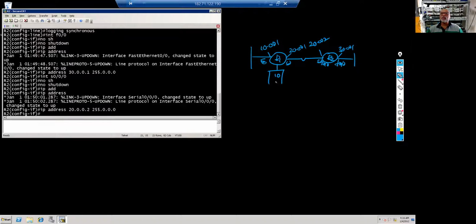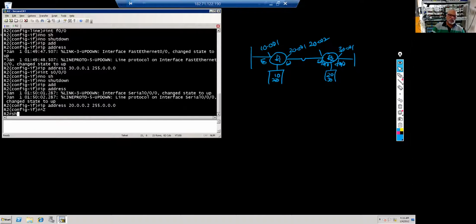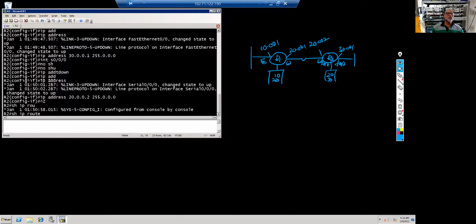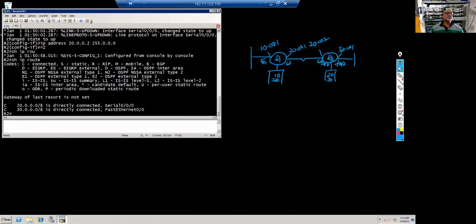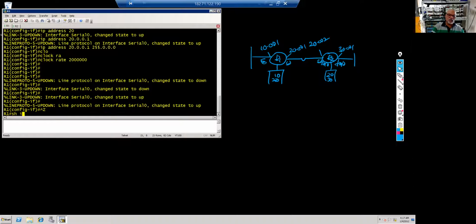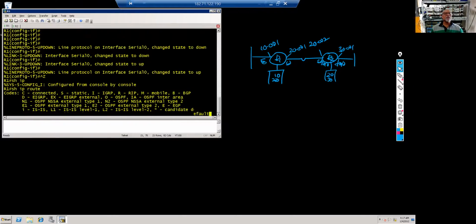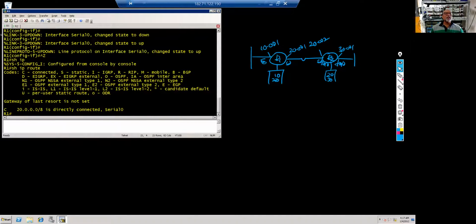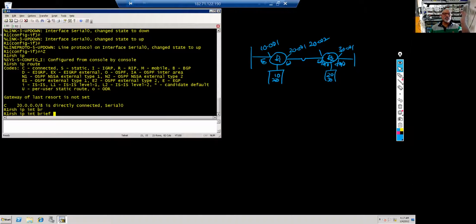This router knows 10 and 20. This one knows 20 and 30. That is the first step. Now, if you see here, show IP route, beautiful. If I see here, show IP route. Perfect, but 10 is not shown here. Let's see what happened. So, troubleshooting. 10 is not showing in my routing table.